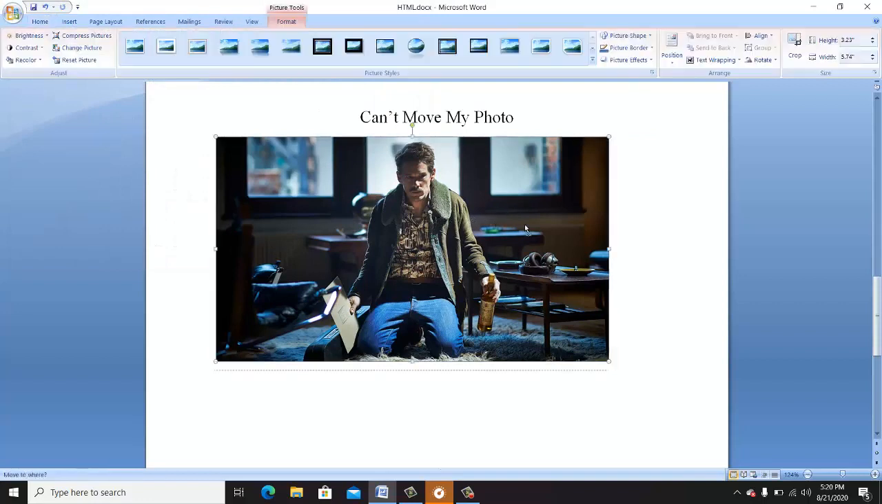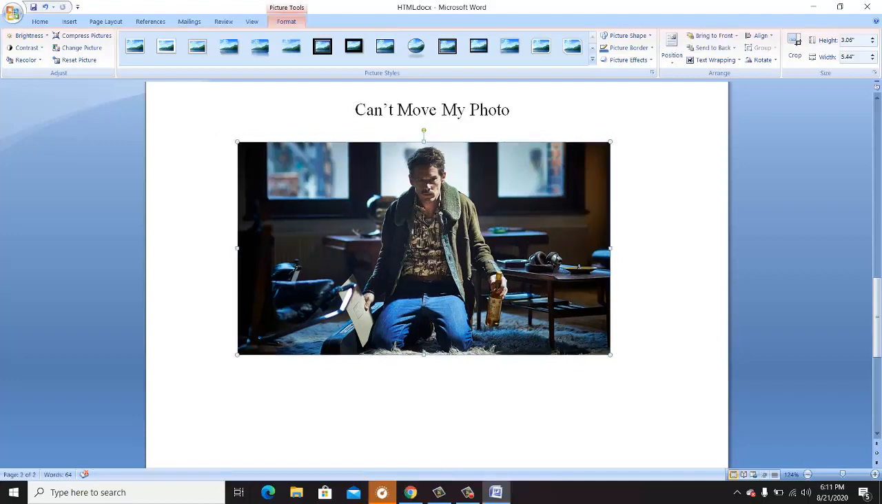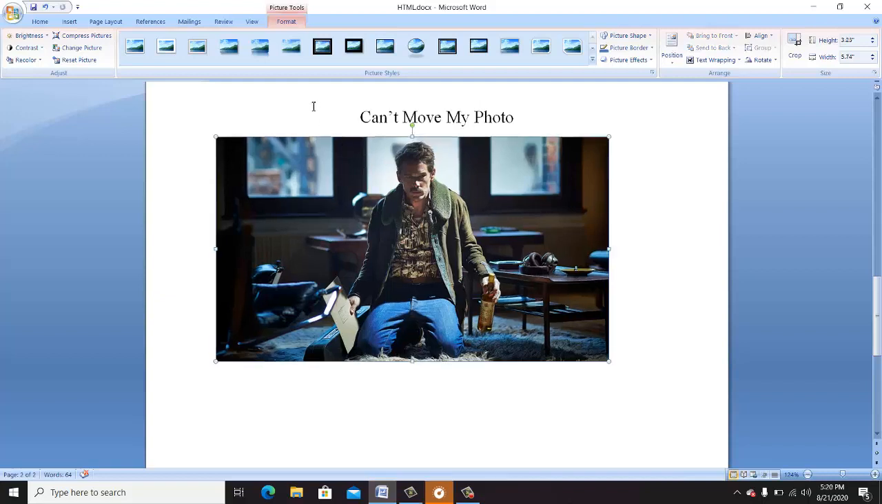Now I'm trying to move this picture but it doesn't work. So this issue can be more complicated if you don't know how to move the picture and adjust it to the right position. So we need to go to the format option